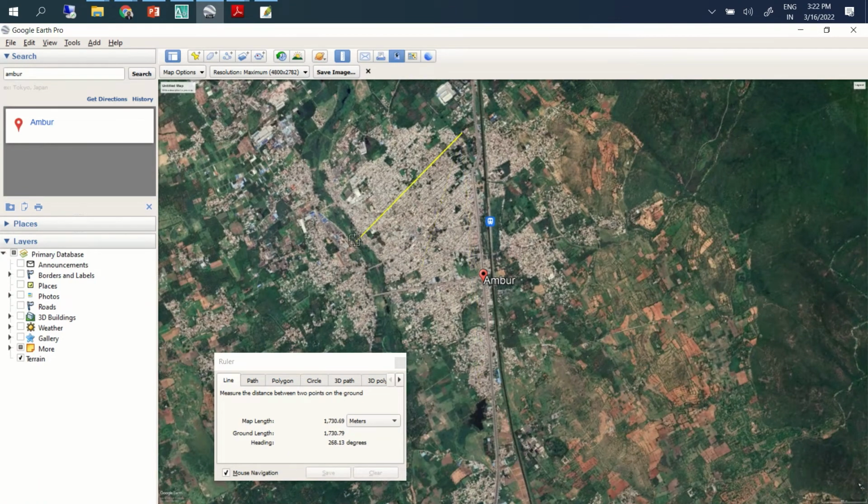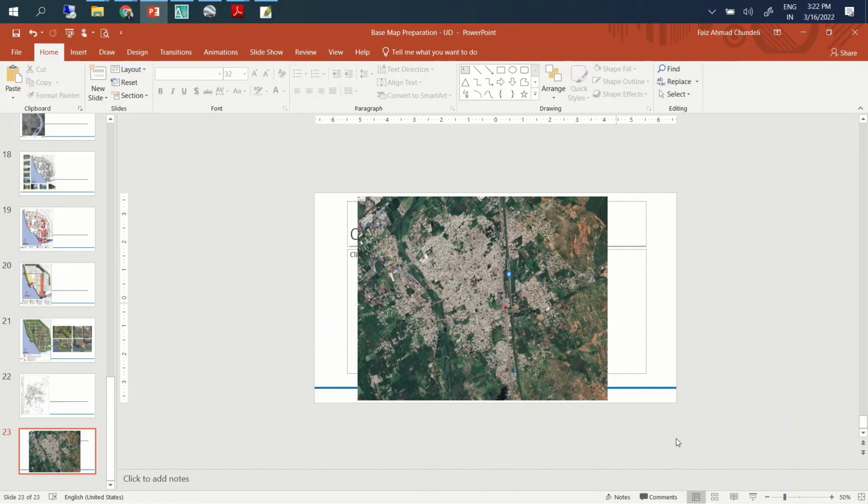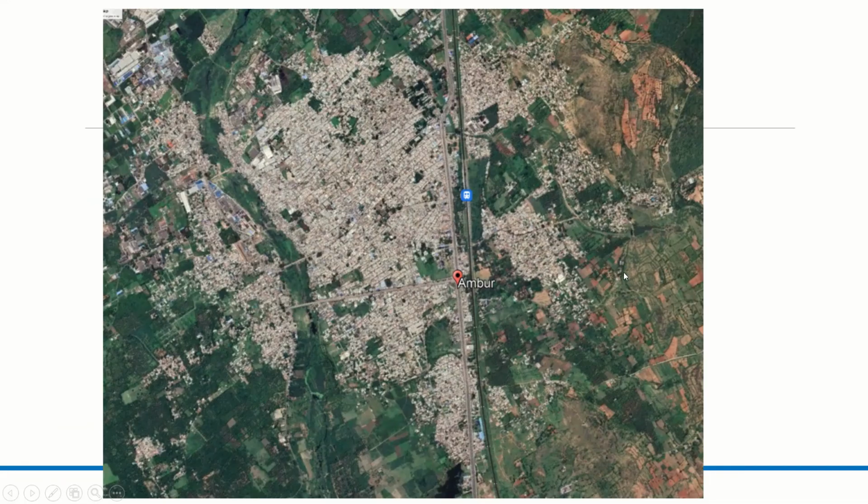Three kilometers, and the depth is varying. So this is more or less the entire area, which is 3 kilometers. And this is 2, and here it is coming down to 1.5 kilometers, and so on and so forth.